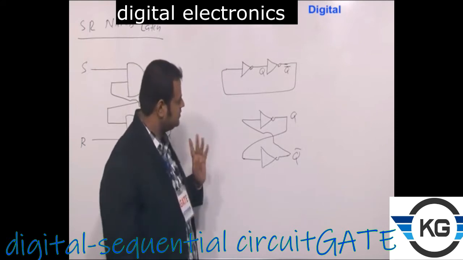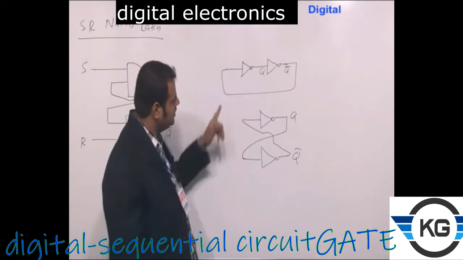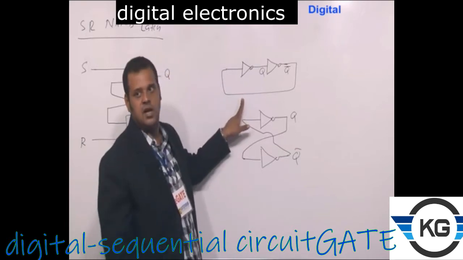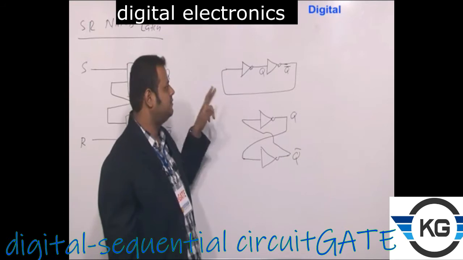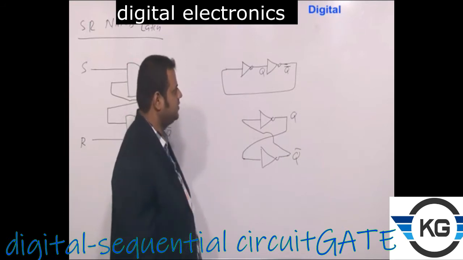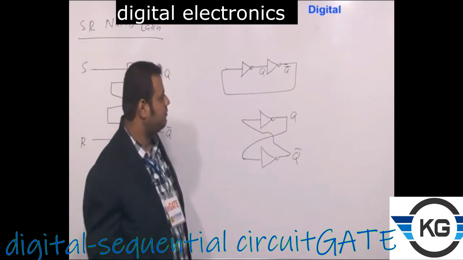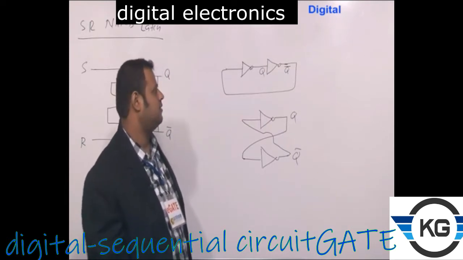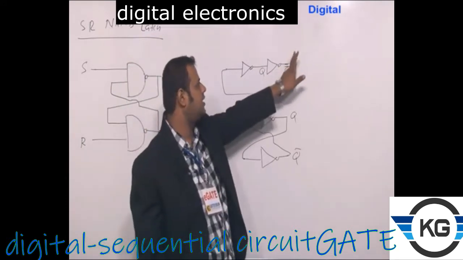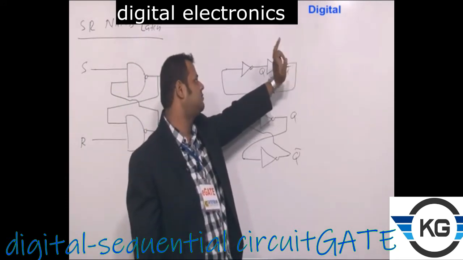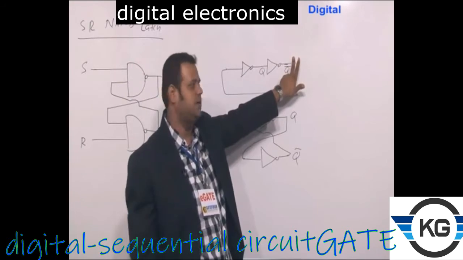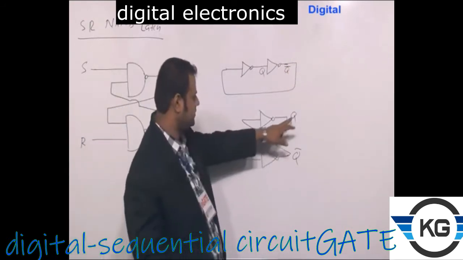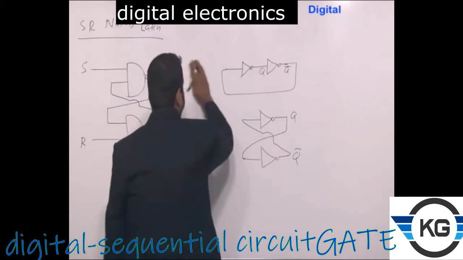But what is the difference between the individual NOT gate and this particular structure? The only difference is the feedback that is present. As we are going to see, because of this feedback we get some memory action here. That is, it is capable of storing a particular bit, either 0 or 1. Storing means it is holding the information. If this is 0, it is constantly holding that 0 only. If this is 1, it is constantly holding 1 only, right? We will see those things. So it is evident why this is Q and Q bar here.